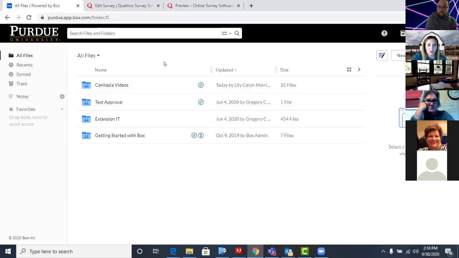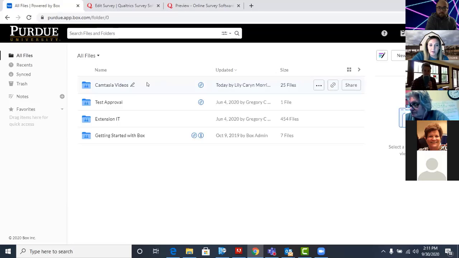But I will say with Google Drive is that typically it's going to be connected to your own personal Google account. So if you have a Gmail or anything like that, you've ever used Google Docs, it's all going to be connected. So just be aware that anything that you do personally will also be in this. So it's mixing your personal with your professional. I don't know if that's something that you would want to consider, maybe getting another Gmail account, or use a Dropbox, but I personally like to use box.com. Once again, it's supported by Purdue and it's there for us to use.